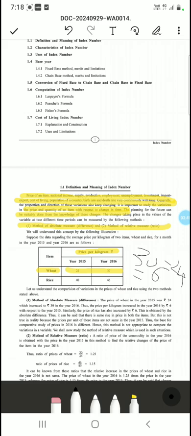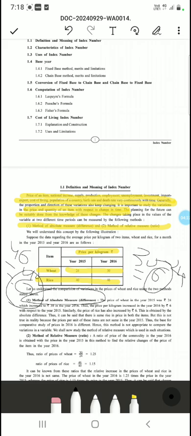Similarly, now you could see the change in the price of rice. It is 40 in 2015 and in 2016 it went to 46. So here also if you calculate the difference in a simple way, that will be 46 minus 40, so that is again 6. If you see both the items, wheat and rice, both the commodities are having the answer 6. So as per the first method, that is the method of absolute measure, I'm just highlighting it,